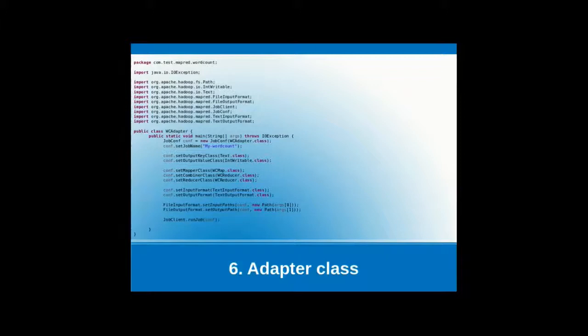We also need to give the input paths and the output path. Input paths, because it will be working on different input paths: the files will be spread across the cluster, so the input files will be taken from different paths. The final statement, JobClient.runJob, will create the job for this MapReduce implementation on a cluster.